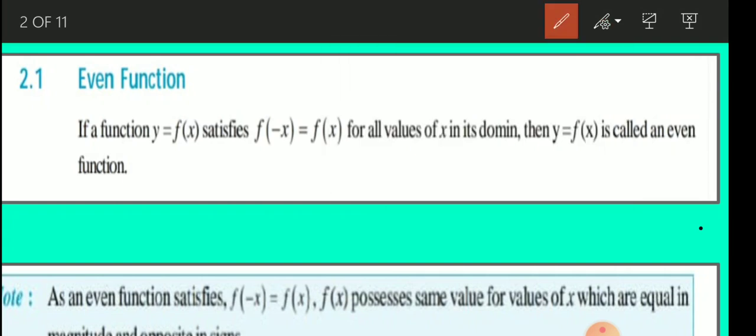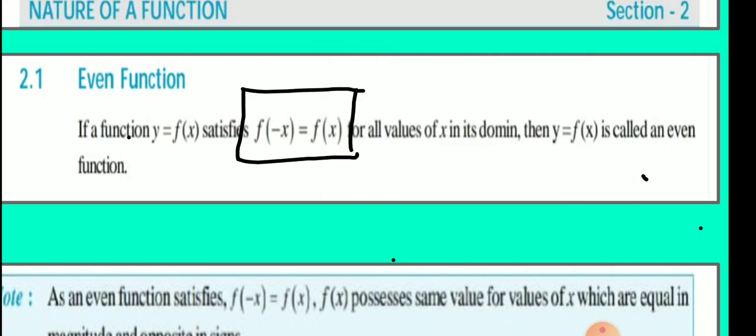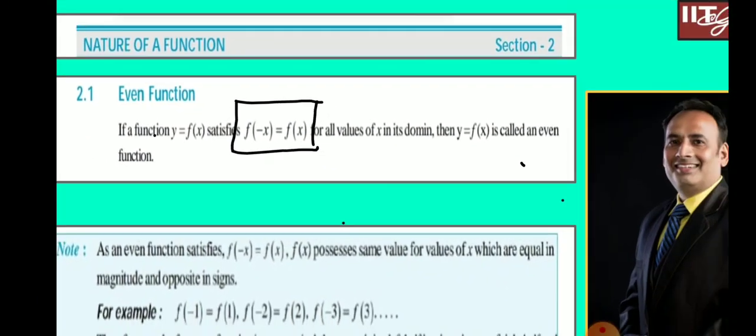As you know, this part is important here: f of minus x equal to f of x. Wherever there is an x in the function f of x, if you replace this x with minus x, and we find f of x itself, then the function is called an even function. So an even function